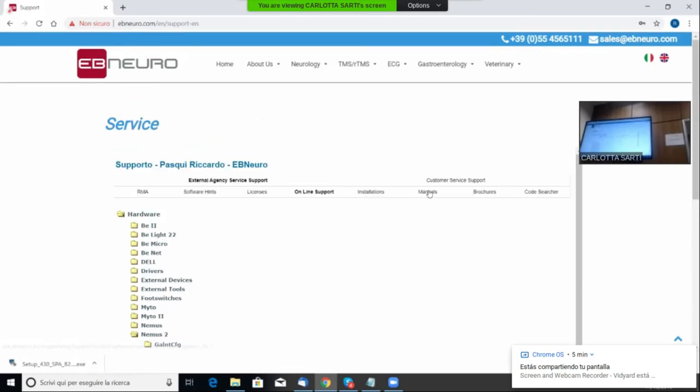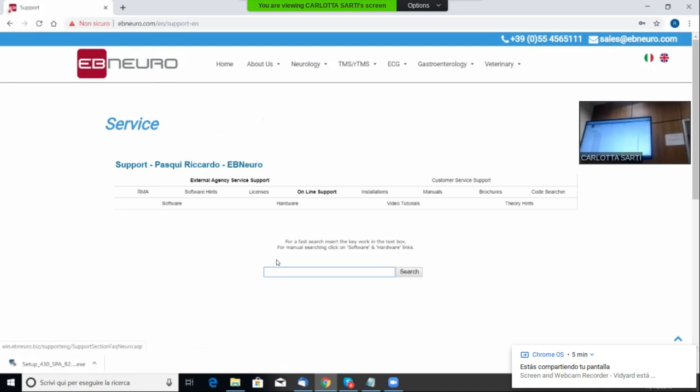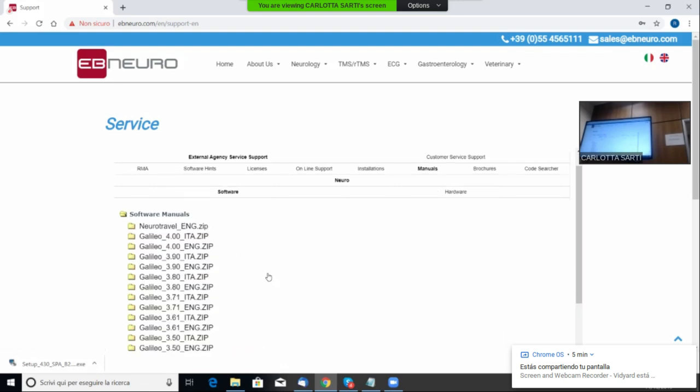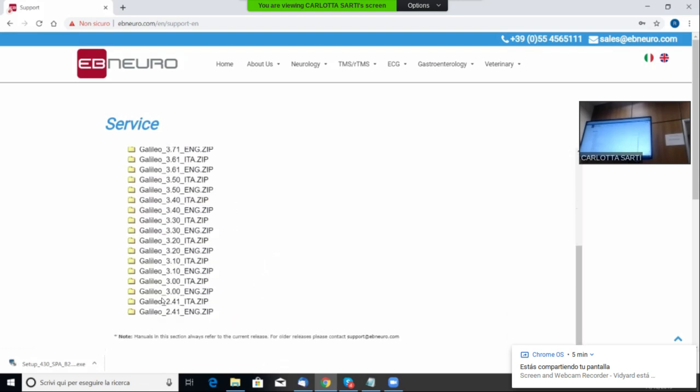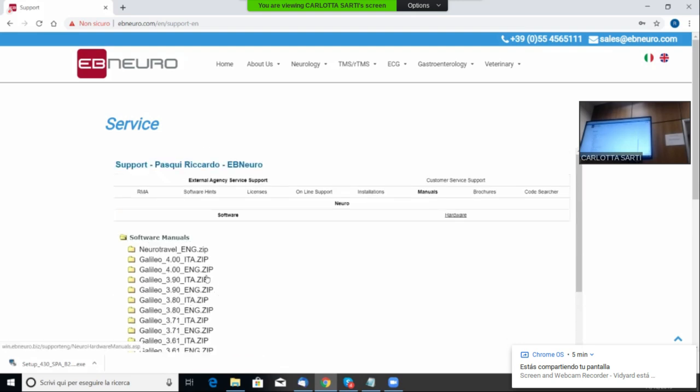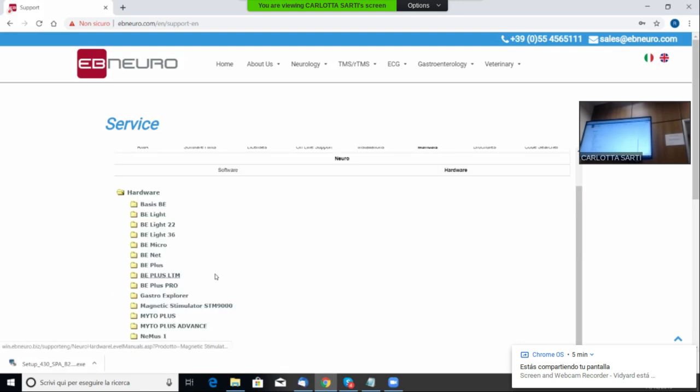Also here under manuals, you can find all about the release. And also under manuals, you have the hardware manual, the user manual, for example, for our NIMS2 system.